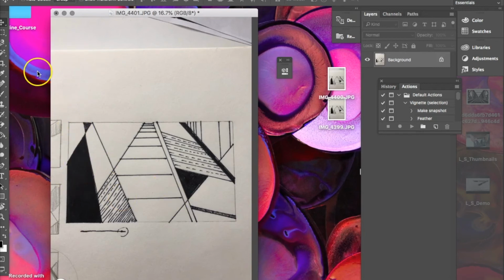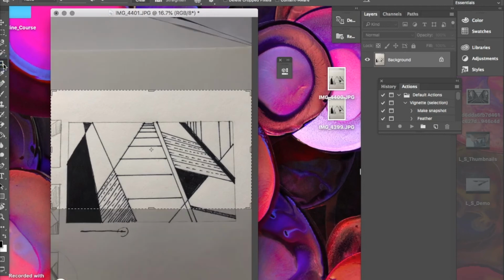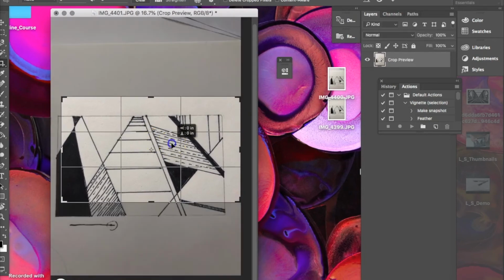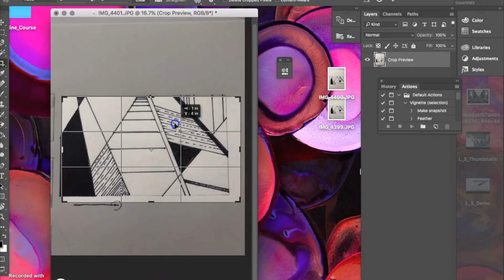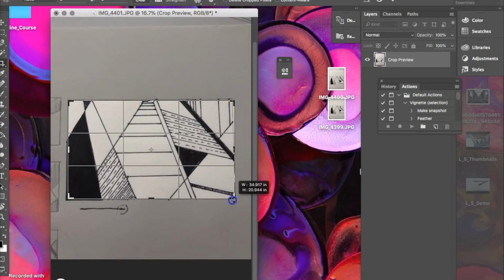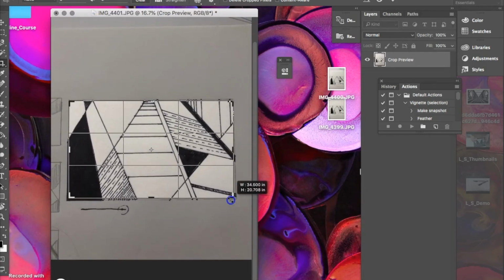So the first thing I'll probably do is I'll crop this. So this is the cropping tool on the left. It's the little L brackets they look like. You can type in the prescribed values, so I've got 5x3 there. You don't have to do that, but sometimes it's helpful when you're trying to line everything up. So I'm gonna come like this, and then let's see, pull in this side,